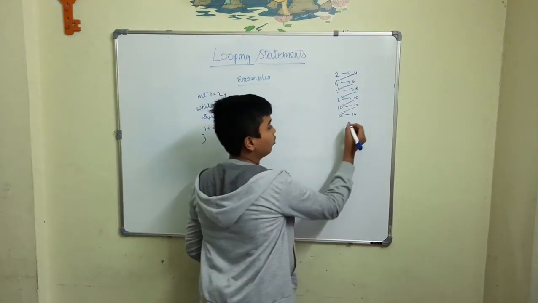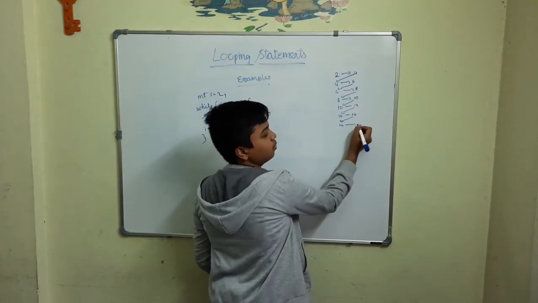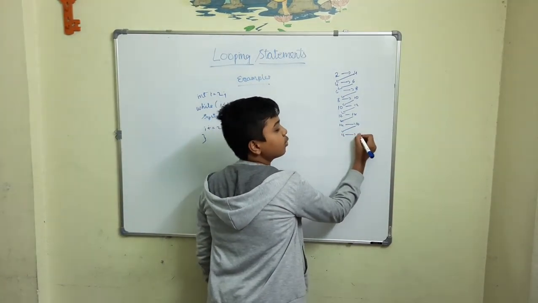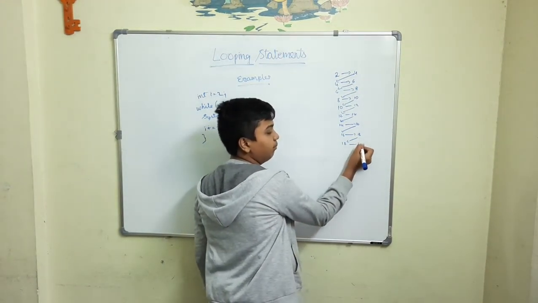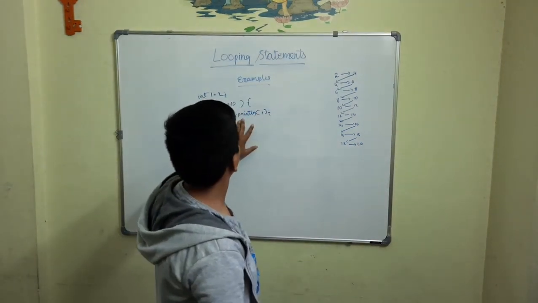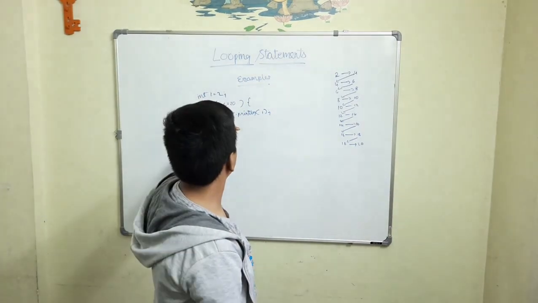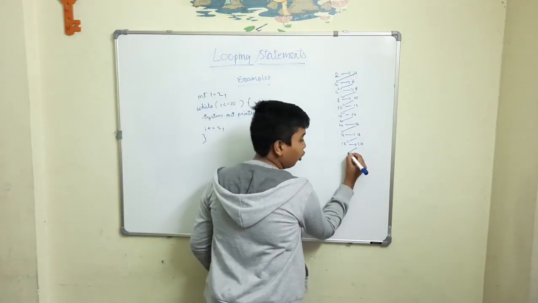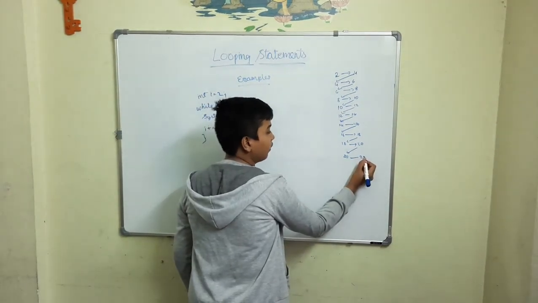Okay. So now 12 to 14. Now 14 changes to 16. Now print 16, changes to 18. Prints 18, changes to 20. Now after changing to 20, it checks the condition again. i is less than or equals to 20. So after checking, it is true, because equals to is also there. So it prints 20 also. It prints 20 and then increments to 22.